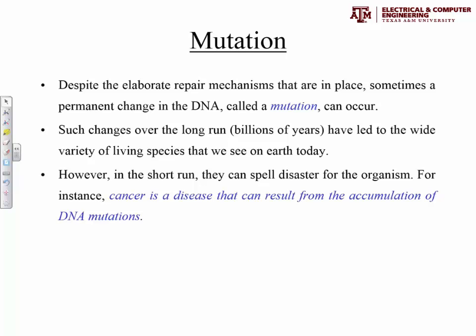However, this business of mutating your DNA to confer survivability in a changing environment is a good thing for individual cells, that helps them. But if you're looking at multicellular organisms like us, if you have this kind of mutation, then that's disaster. If somebody gets cancer, the cancer cell in your body is having a ball. They're having a good time, they're surviving and all that, but they kill you. So in the short run, they can spell disaster for the organism. For example, cancer is a disease that can result from the accumulation of DNA mutations. And some people are more prone to it because,